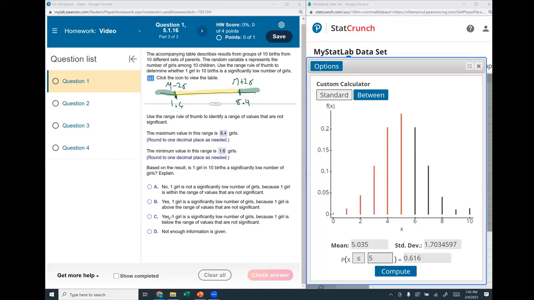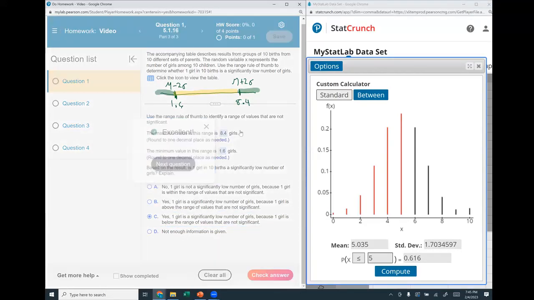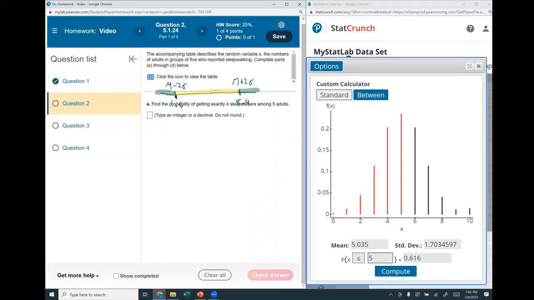Yes, one girl for C, yes, one girl is a significantly low number of girls because one girl is below the range of values that are not significant. That's my answer. It's below, it's lower than, here, first let me check. Good. And I'm going to write in,